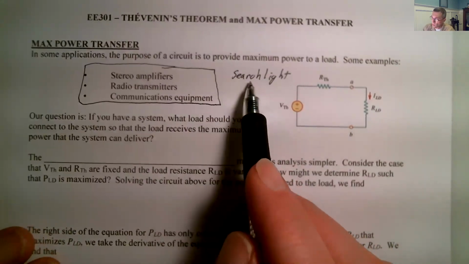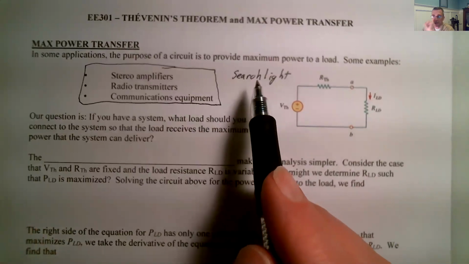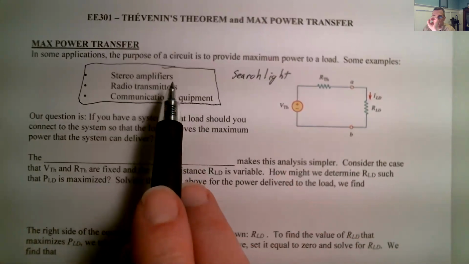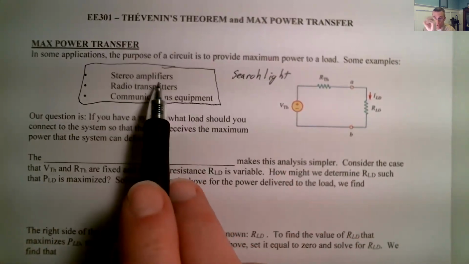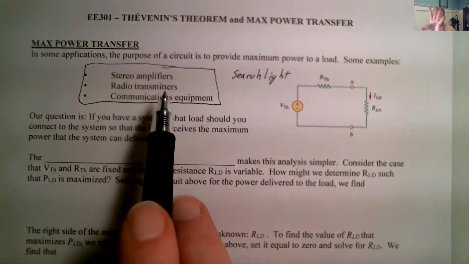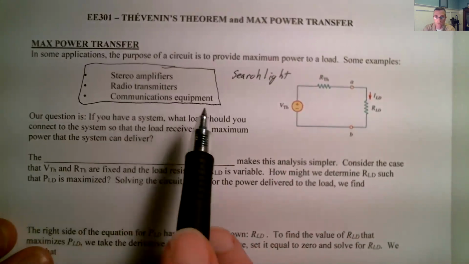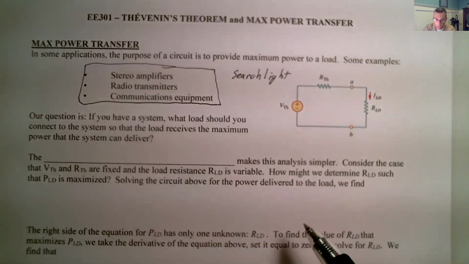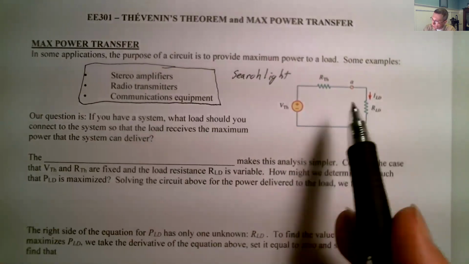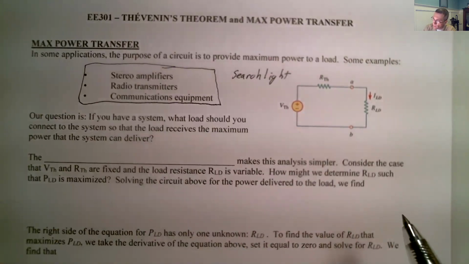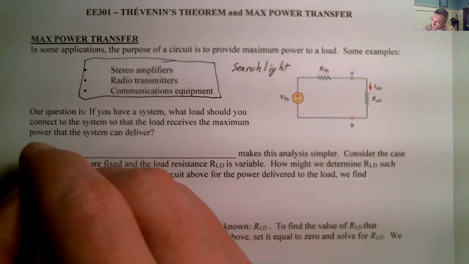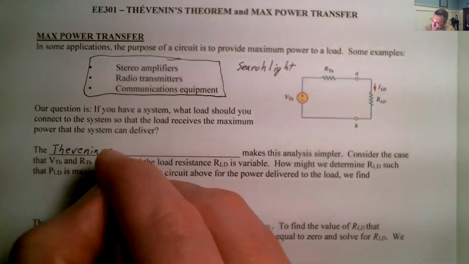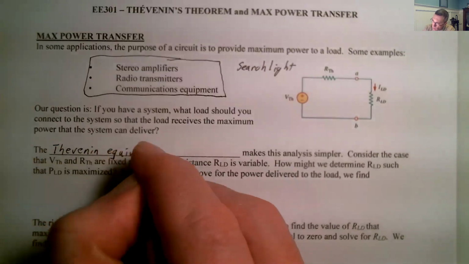So you want to get as much power broadcasting out. That's what these things do. Stereo amplifiers send power to the speakers and then it broadcasts out. Radio transmitters broadcast out through the antenna. Communications equipment, same thing. So if you have a system, what load should you connect to that system so that the load receives the maximum power? Well, the Thevenin equivalent circuit, which is why we talked about it before we talk about maximum power,